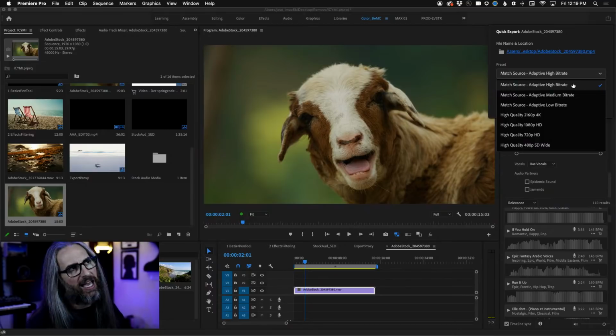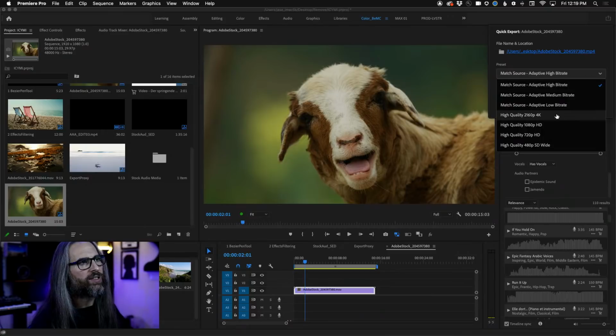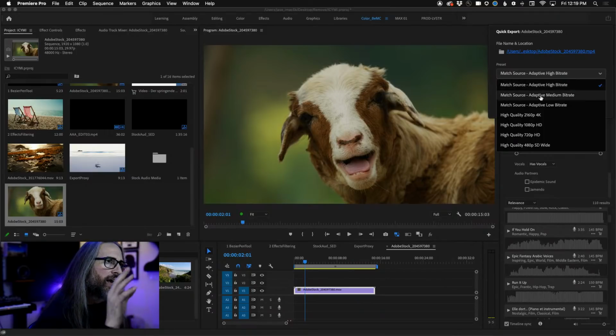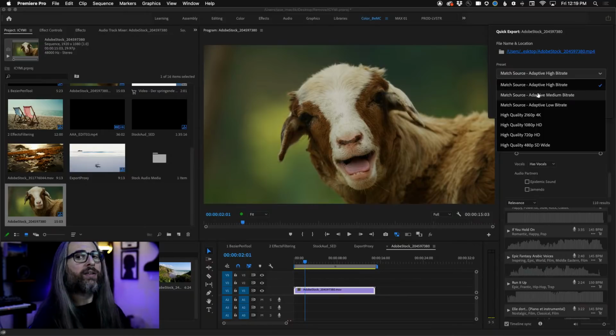So again, I'll use my buddy Ant. Hey, can you just send me a quick high bit rate? I just want to see how it's looking. Sure, perfect. High quality, you can see these call out specific frame sizes. So match source is going to take whatever this is. So in this case, it's 1920 by 1080, 29.97, 48K. That's what it's going to use as the basis. That's why I would use match source. If I want the highest quality, but I just need like a 720p version, for easier email sharing, Dropboxing, whatever, that's why you have these specific presets here.